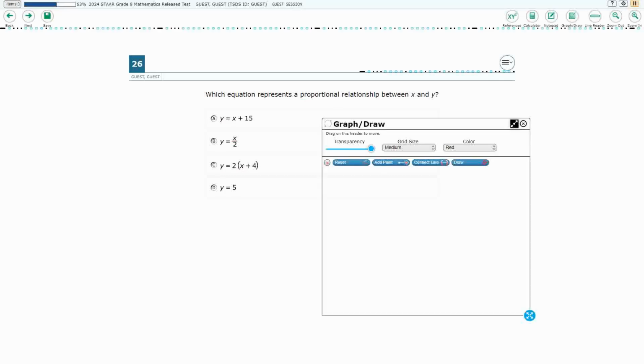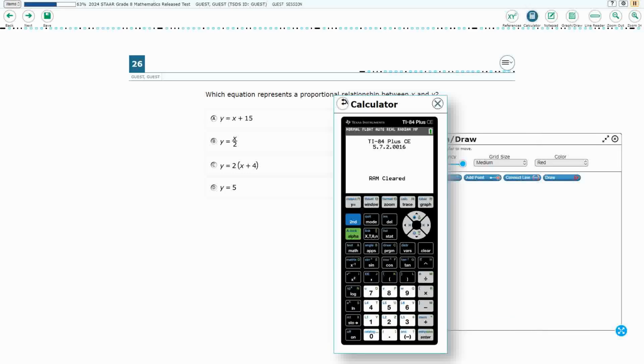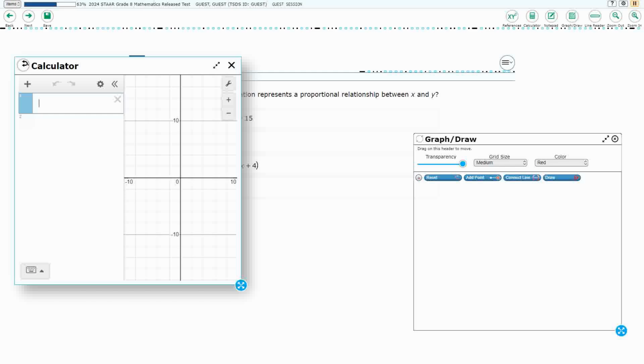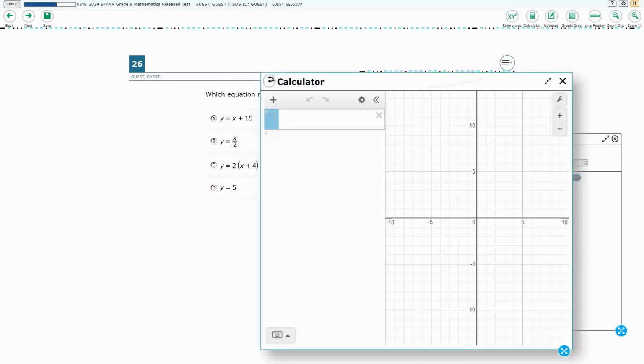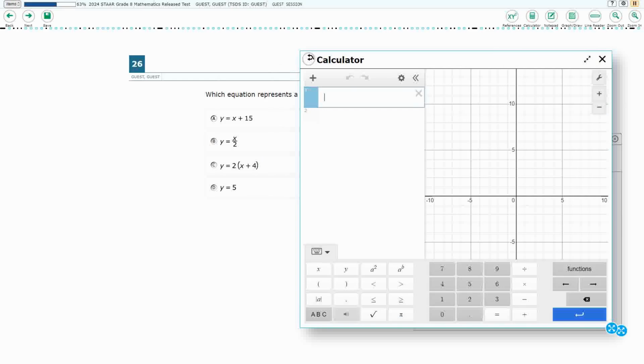Well, we've got a whole bunch of equations, and they're all going to be linear here. So let's open up our calculator. Let's use Desmos. Let's graph some of these things and see what happens when we graph these and see if that helps us. All right, so we're going to say y equals x plus 15. We're just going to graph all four of these, and then we'll zoom out and see what we see. y equals x divided by 2,